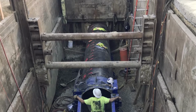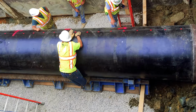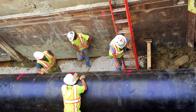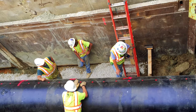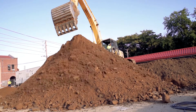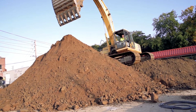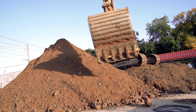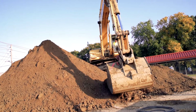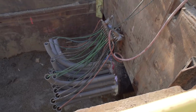As we were tunneling, a 48-inch diameter steel casing was installed in conjunction with the hand tunneling underneath the tracks. We did run into some obstacles under there. There were some large boulders that had to be removed. There were also some utilities under the tracks which were not shown on any plans, and they were viewed as an unforeseen condition since SEPTA did not know they were there, and obviously we did not know they were there. The casing that we put under there is 100 feet long from one side of the track